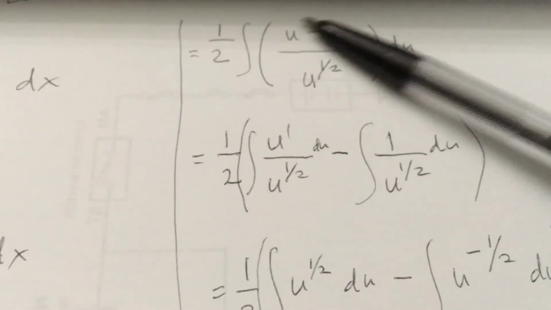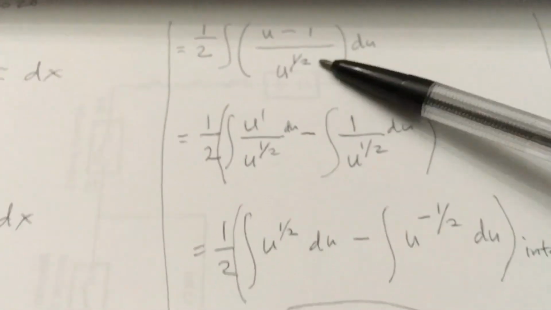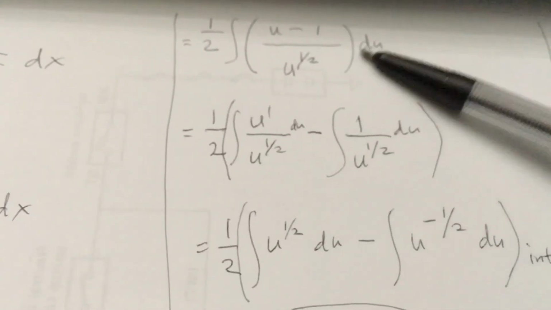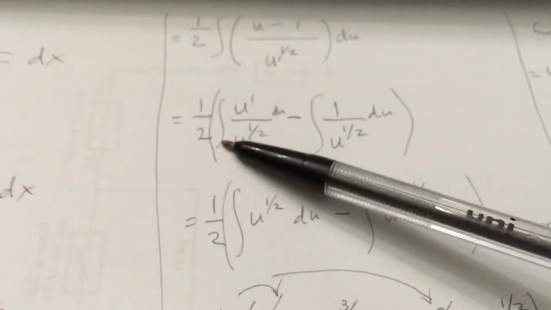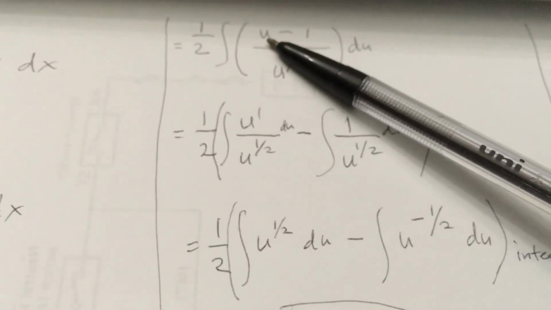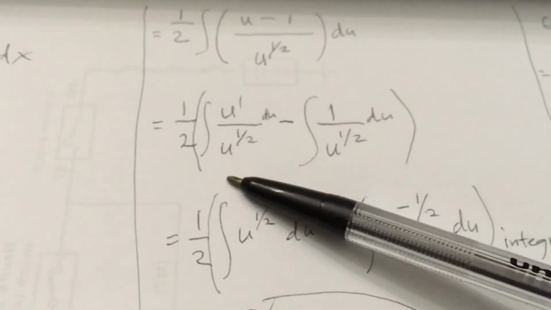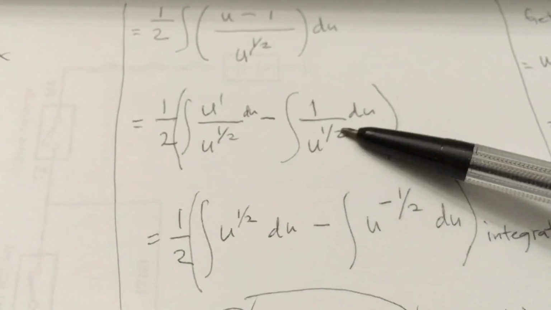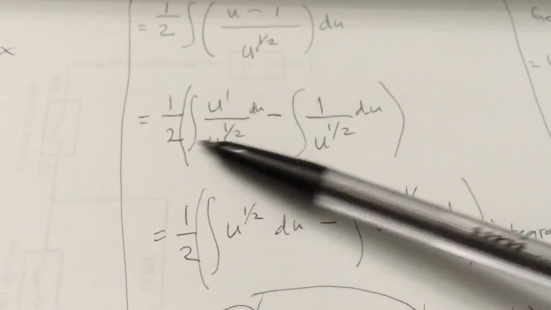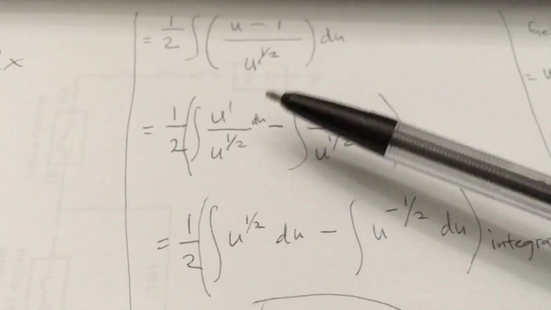So assign that here at the numerator. And put a parenthesis. Always put a parenthesis inside the expressions, and then distribute this, because u minus 1 over u raised to the 1/2, you can distribute that in this manner,